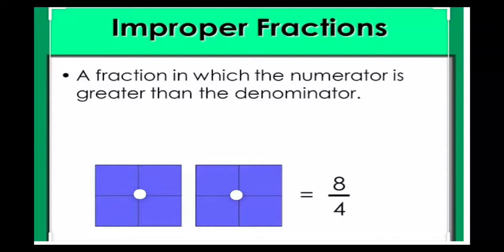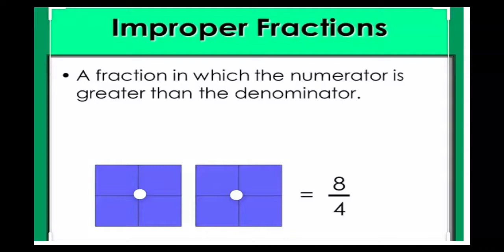So you can see we cannot put 8 parts out of a total of 4 parts, because if we divide any object, a whole thing, into 4 parts, we do not get 8 parts. So we are drawing another whole thing made up of 4 parts again, and here in total I get 8 parts,